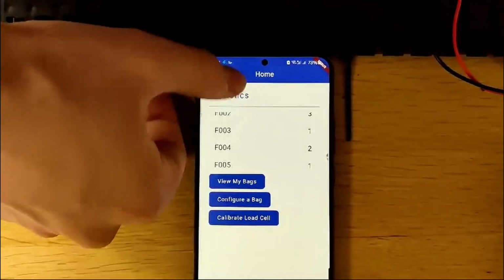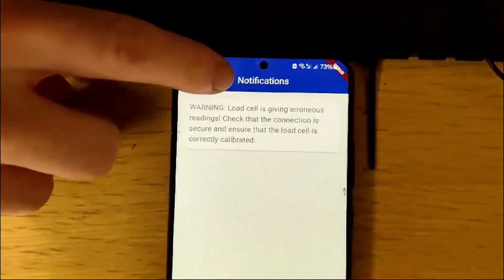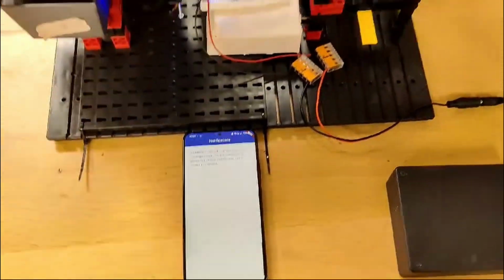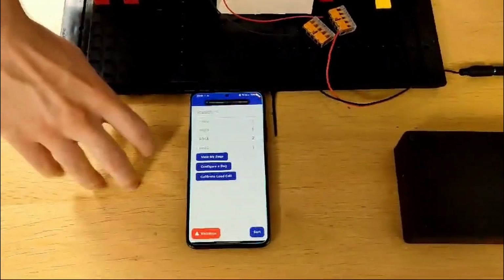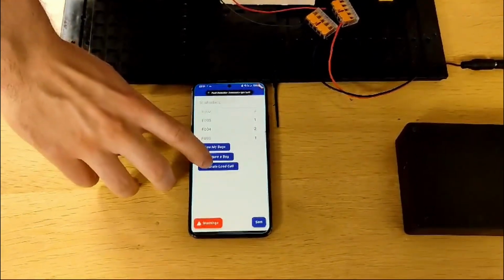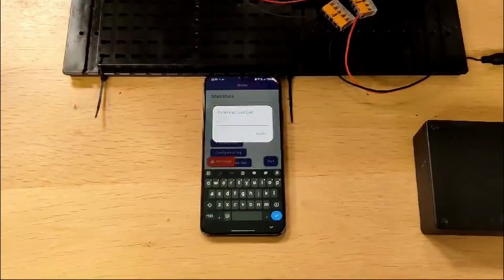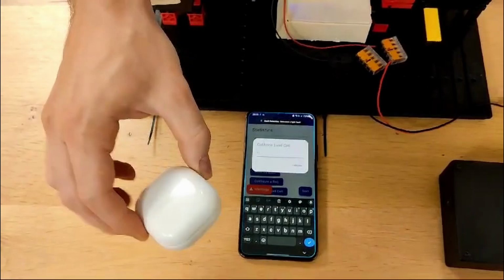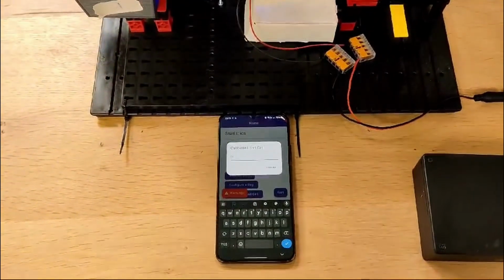Okay, so as you can see right now, we are getting a light fault concerning the load cell. It says that the load cell is giving erroneous readings, and this is a perfect opportunity to demo our calibration routine. The way the calibration routine works is in the app, the user says that they want to calibrate the load cell, and then they input the weight of an item which they know the weight of. In this case, we're using these Samsung Galaxy Buds, which we know weigh 51 grams. After the user has done this,